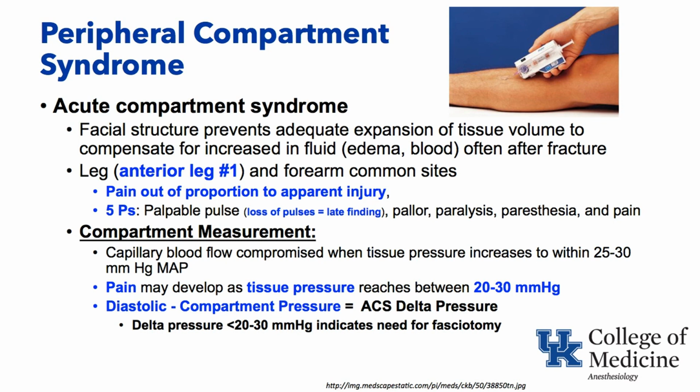Acute compartment syndrome can occur when, for example, muscle becomes edematous when it's injured or there's a fracture present and the fascial structure planes are present. So the muscle swells up with fluid, it's inside the fascial structure, it can't go anywhere, so the pressure builds up inside. In the leg, the anterior part of it is one of the most common places for this to occur. Pain out of proportion to the apparent injury is one of the presenting symptoms, with the classic 5 Ps